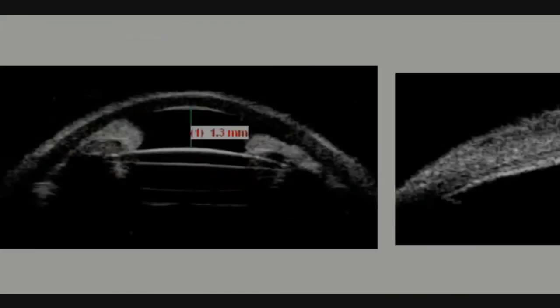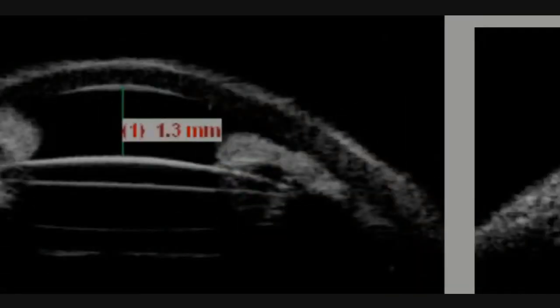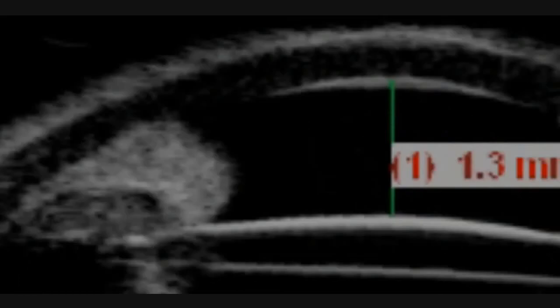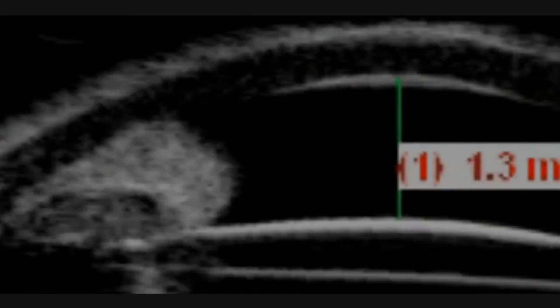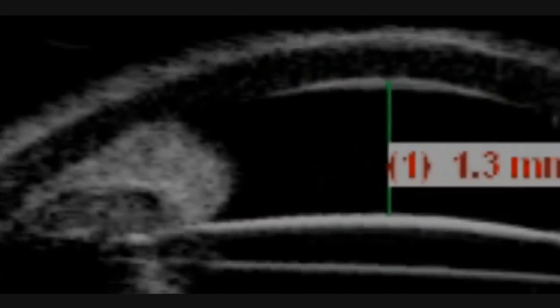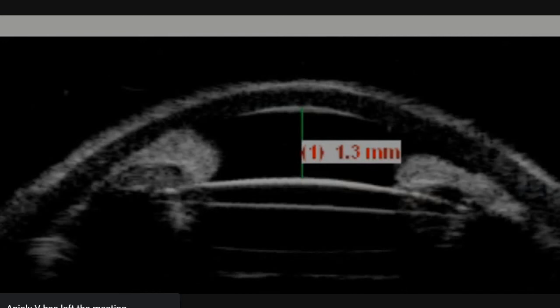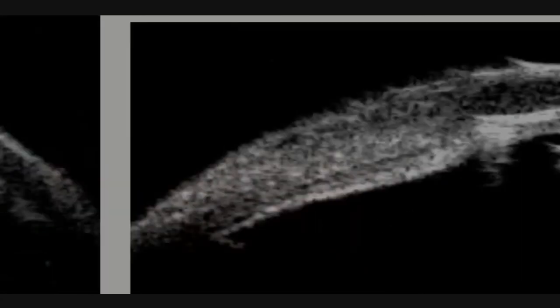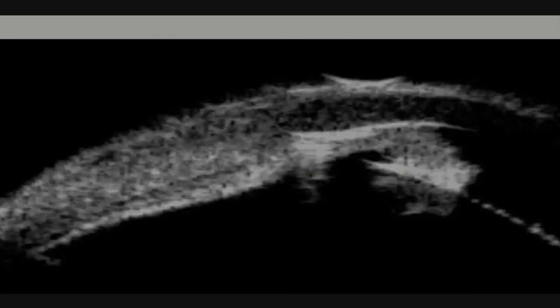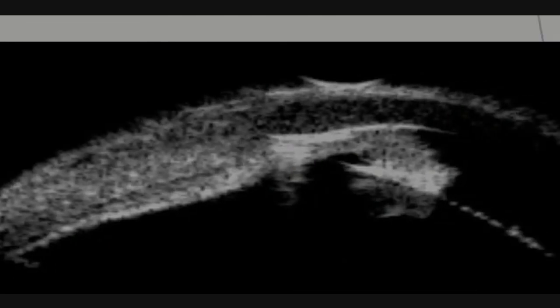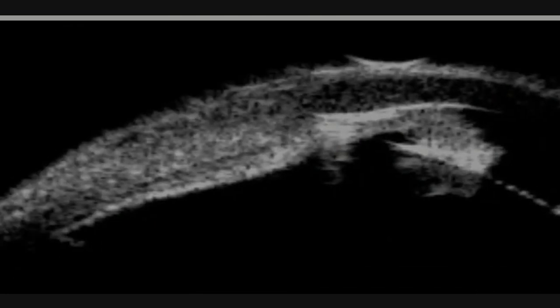Here also you can see bowing, but here it is just a touch. It is not plastered, right? In this region you can see it is bowing and touching. It is not plastered. Plastered is where there will be no bowing. You cannot differentiate between the corneal layers and the iris structure, which you can see in this. Okay, I cleared it out.